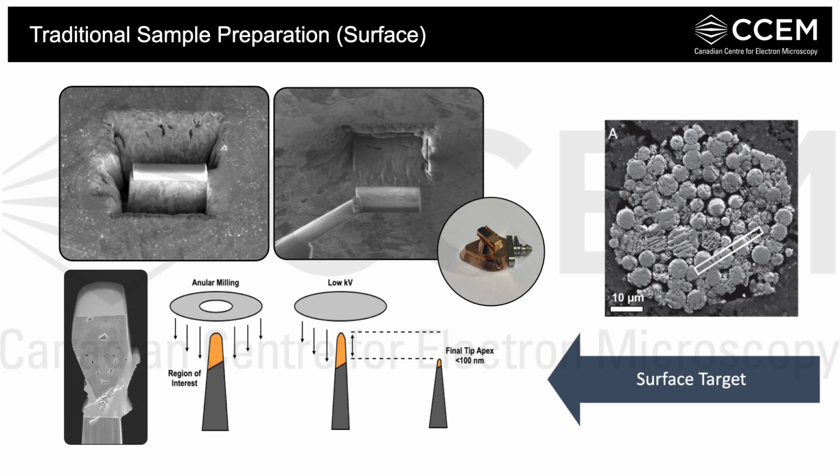And I don't have it shown here, but we can also take a traditional cross-section or surface liftout for TEM as well. So anything we can do from the surface. So you might be wondering, okay, why did I go through all that effort to collect XRM data and correlate it with the SEM surface image if we're just going to target a feature on the surface anyway? Well, again, it's all about context.